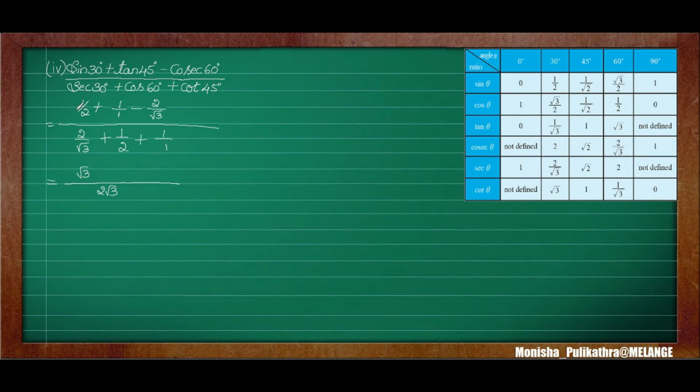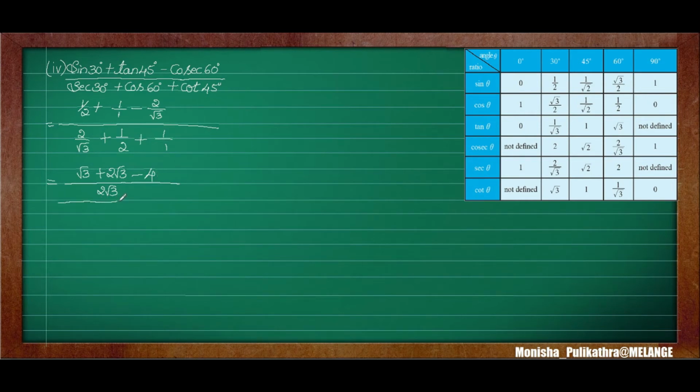Okay. So you just take consideration of only one ratio and along with that the LCM. Okay. So here this 2 gets cancelled. The remaining will be root 3. So root 3 into 1 is root 3 plus, so here 1 into 2 root 3. So 1 into 2 root 3 is 2 root 3. Again 2 root 3 into 1. For the numerator you have to multiply it. So 2 root 3 into 1 will be 2 root 3 itself. Minus, here again the third ratio, here root 3 is there. If root 3 gets cancelled, the remaining will be 2. So 2 into the number which is in the numerator. 2 into 2 is 4. So this is the way to do it.